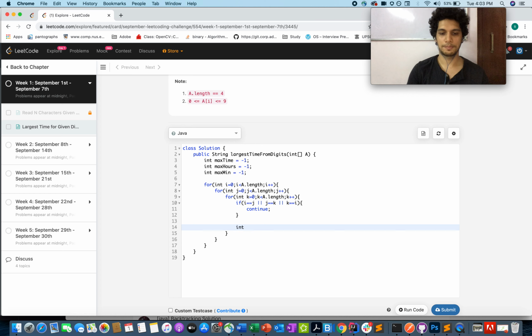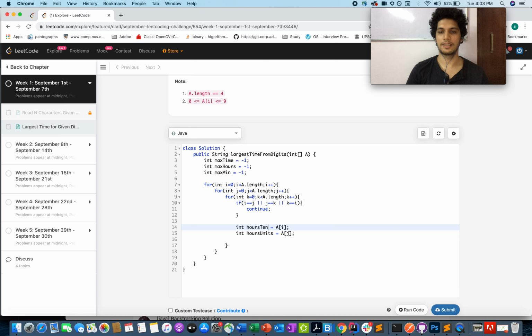So integer hours tens digit equals a of i, assigning different indexes, different values as per the loop. Hours units part equals a of j.